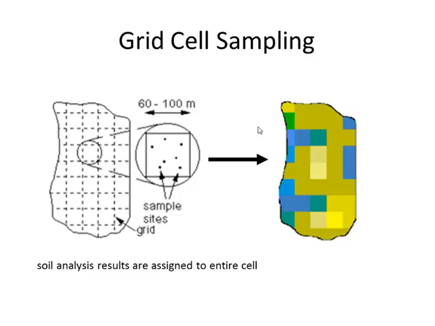One case is to use this cell sampling. You see here the cell. We are taking different samples within the cell. We mix them, we produce one sample, we analyze it, and then we accept that each cell has certain properties, soil properties, texture, nutrient content, or whatever else we are measuring. So we have a field at the end having different cells which have sometimes the same, sometimes different soil qualities, and this is the way we are doing this sampling.